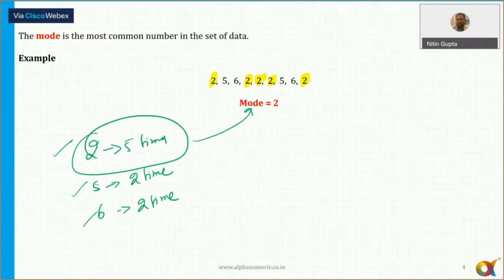So we just need to understand these three basic definitions. Most of you are aware of these terms, but since in the CAT or in most exams this topic is missing, we do not pay attention to questions based on mean, median, and mode. So we'll solve specific questions based on these three, and also the types of questions which have appeared in the XAT.